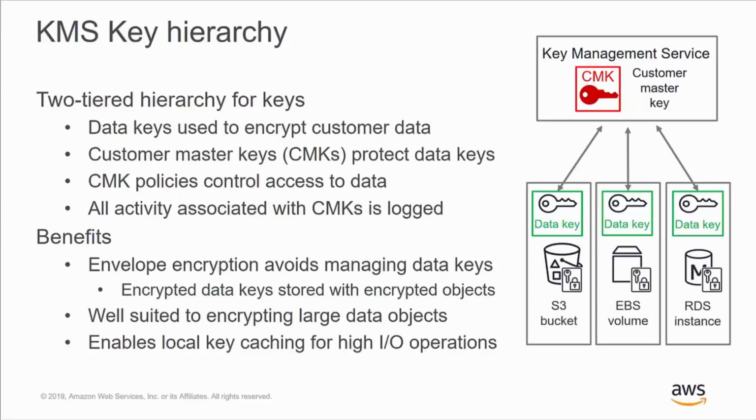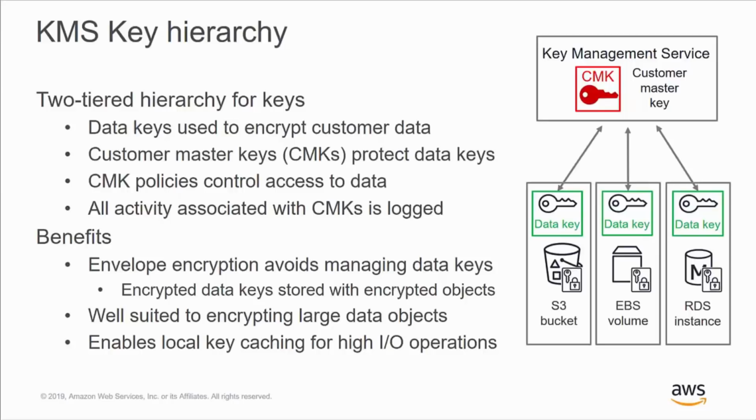So envelope encryption is a standard. It's widely used across all of AWS and many other cloud services. It's also very useful for encrypting very large volumes of data and performing very high-speed encryption. Because the data key is local to the service, the data key can be cached by that service in some cases, particularly in situations where a particular service needs very rapid throughput, high-speed I/O operations, such as, for example, the use of EBS volumes in EC2.